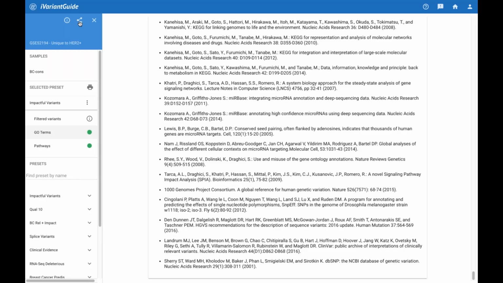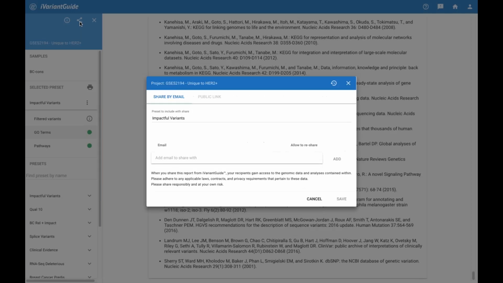You can also share your interactive analyses using the share button, and you can decide if you want to include a preset so that when your collaborator opens up the report, the variants are already pre-filtered for them. In this case, the default preset is impactful variants, but you could set it to that set of breast cancer-related genes, for example,